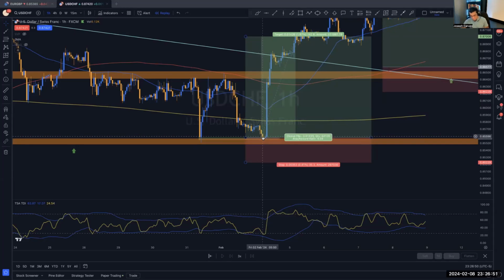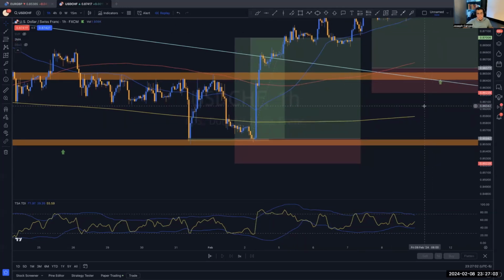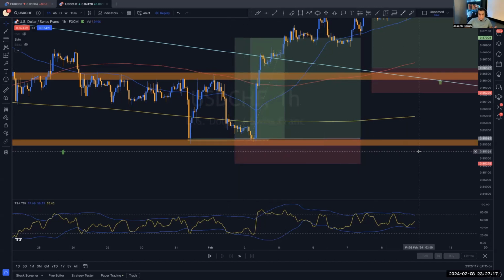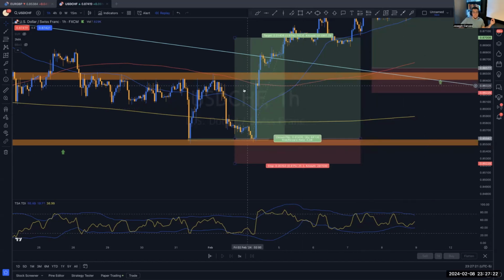The reason I didn't take an entry really heavy is because I entered about 1 hour before this high impact news was coming out. So I entered under the assumption that we might spike down and then go up, because I'm prepared. I'm prepared for that because I've seen it happen over and over again. If news would have supported sells, if news would have been bad for the dollar, we more than likely would have spiked down and then went up, and I would have just stacked another entry exactly halfway through. That way I could have got a bigger entry in. But instead we got this, and it took us straight to a 1 to 3, 1 to 4